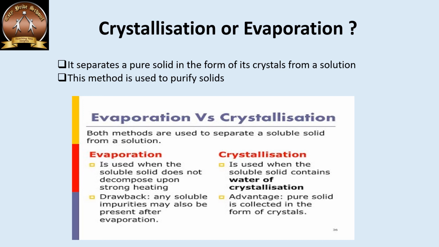But this can be overcome with crystallization, because in the crystallization process, only the desired sample is going to crystallize out as compared to any other impurity present in the solution. So for any sophisticated production or extraction, we prefer crystallization over evaporation. But if we just want to separate quantitatively rather than qualitatively, we prefer the evaporation process. Like if we are dealing with biochemistry or medicinal products, we will prefer crystallization over evaporation.